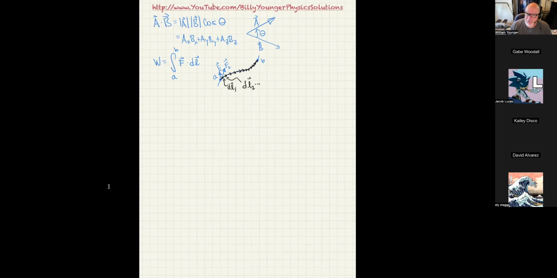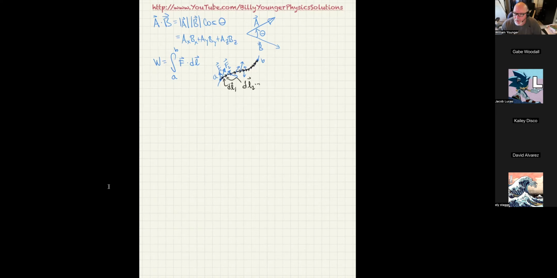Because, like I said, the f can be a function of position. So when you go to do that, you end up getting all these different f functions, and they might do crazy stuff like this, and so on and so forth. But the main thing is, by being given the force as a function of x and y and z, for instance, you can figure out exactly what it is at each point (x, y, z). And what you do is you splice up this path in small little divots so that